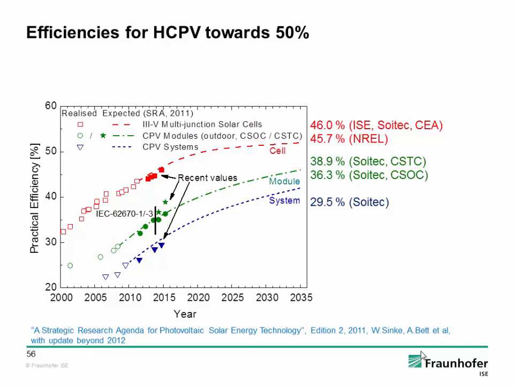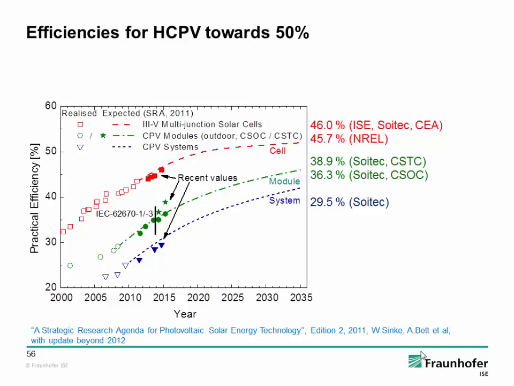So to put that all together, I brought this slide with me. This was actually made when I worked on the strategic research agenda for the European Commission. We developed this plot. There we had data, and I called that practical efficiencies, because at that time we didn't have any standard to measure it, so all the module efficiencies were measured outdoors. What you can see here are the historic data points up to 2011, and then I made a projection of what we can expect in the future. And over the last 4 years, the recent values followed these lines very nicely on the cell level, and you see here now the record efficiencies which we have,